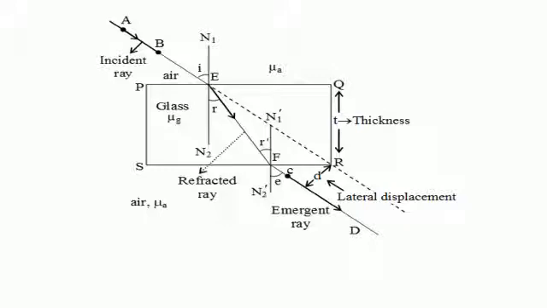We need to show the arrows over the path of light, and as you can see in this figure here, the ray is traveling from air. The incident ray, that is AE, is your incident ray, and EF is the refracted ray. Passing from air, it enters into glass, and then FD is your emergent ray, that is, the ray again travels from glass to air. So the path of the light has to be shown with the arrows. Let's go to the next slide.